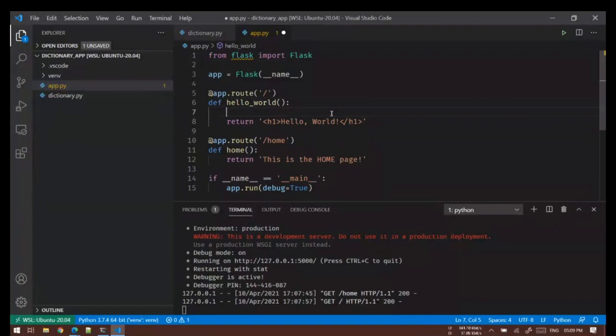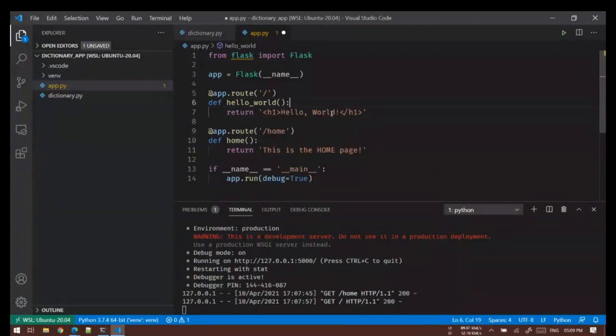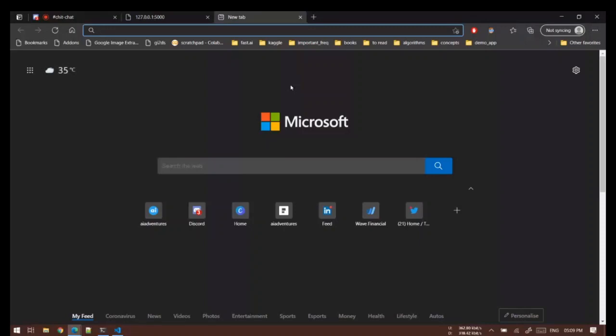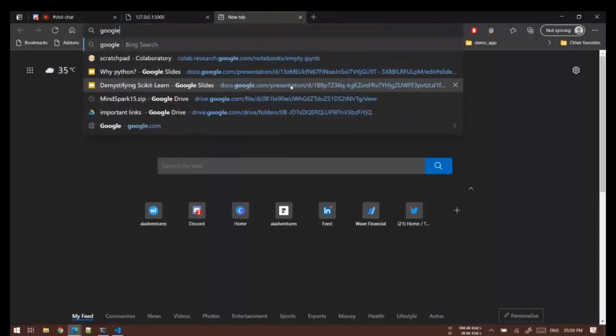One way of doing this would be to save it in a string and then pass the string, but that is such a normal operation that every web framework should allow a way to render or serve HTML pages. Because even if you open a normal website, say I'll open google.com.